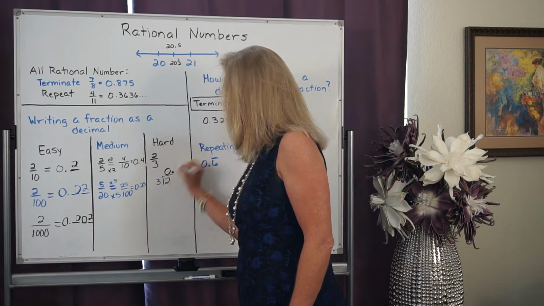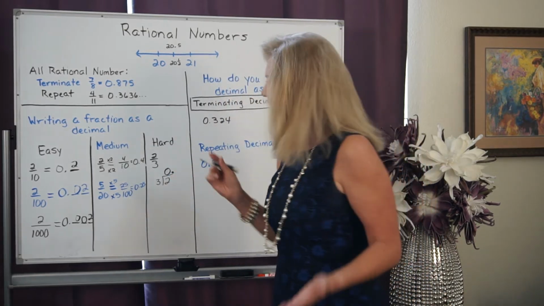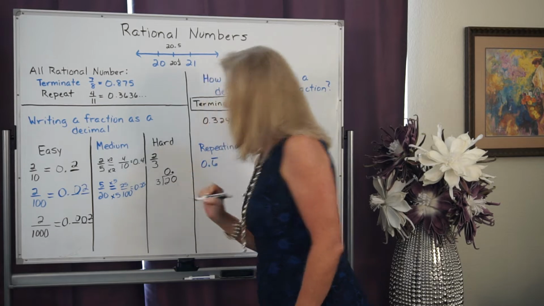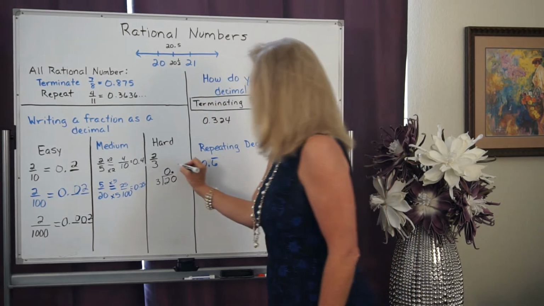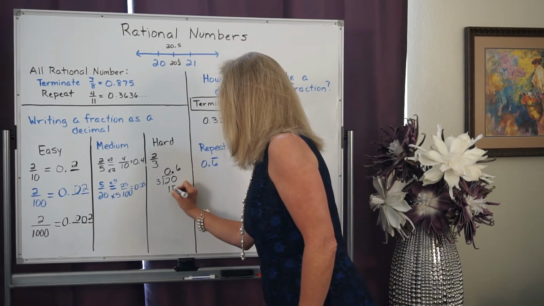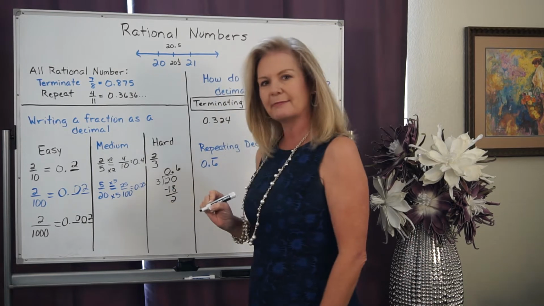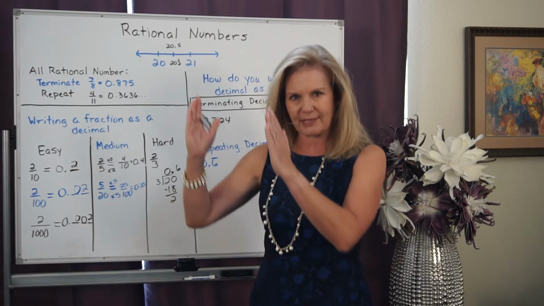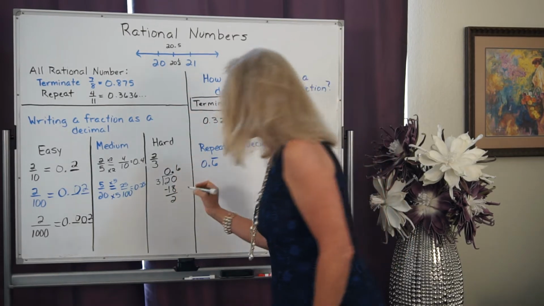So I put a 0 there, but then I add my decimal point. And then to move to the next place value position over, I annex a 0. Now 3 can go into 20, it goes 6 times, because 6 times 3 is 18. I get a 2 as a remainder, but I want to move to that next place value position over, I